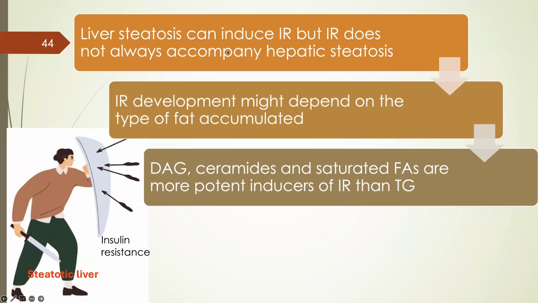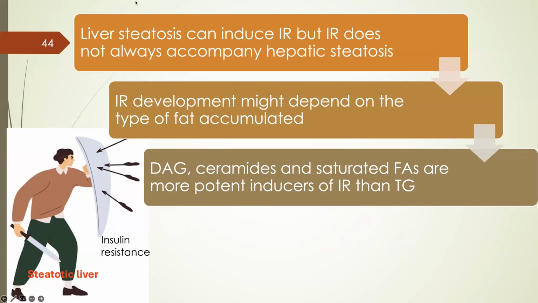I'll explain how. But insulin resistance does not always need to be accompanied by hepatic steatosis. This is important to remember. Insulin resistance development might depend on the type of the fat accumulated. Not all fat which is accumulated in the liver is toxic. In fact, TAG, or triacylglycerol, is a friendly lipid. There are other lipids like diacylglycerol, ceramides, or saturated fatty acids, which are more potent inducers of insulin resistance